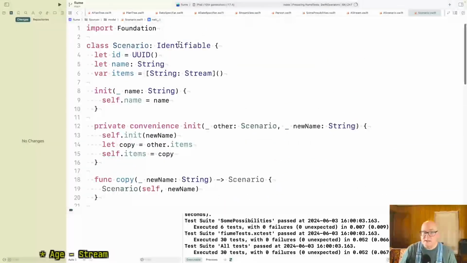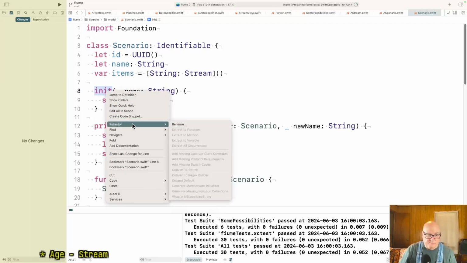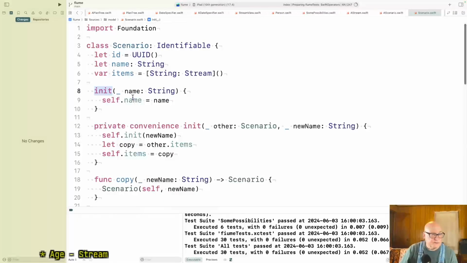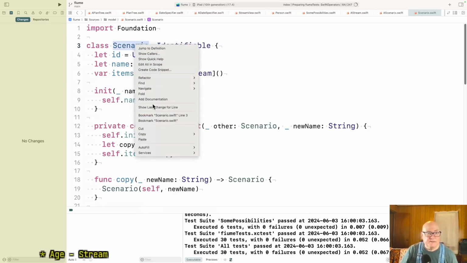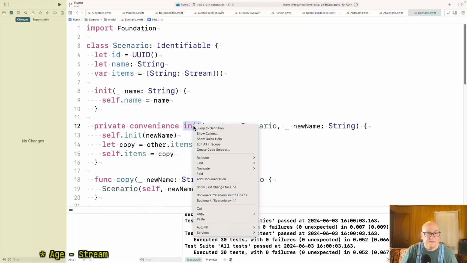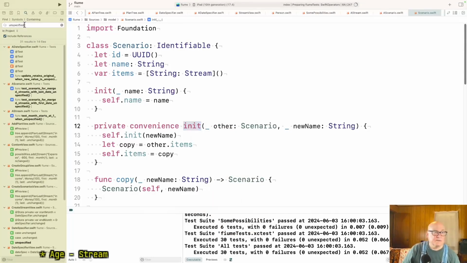Now, I think possibilities is what always creates the scenarios, outside of tests anyway. So he didn't find it. No. Well, let's do a string search.